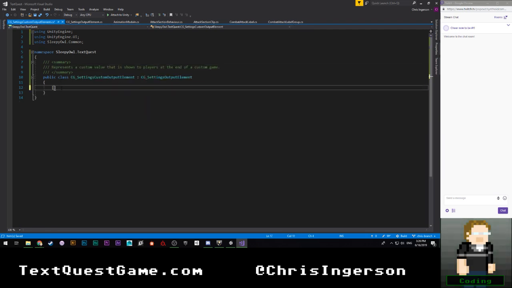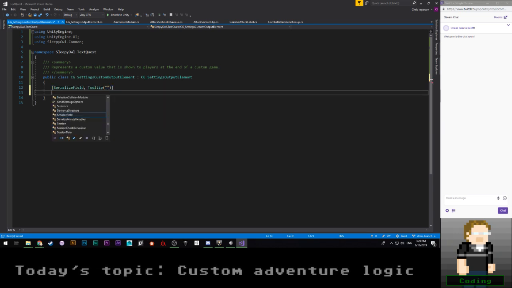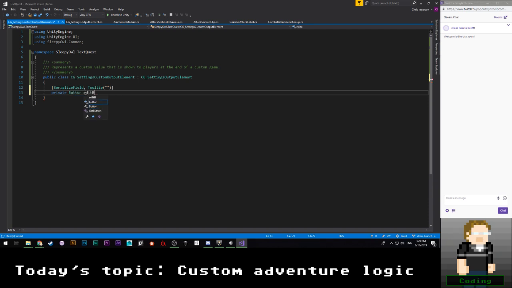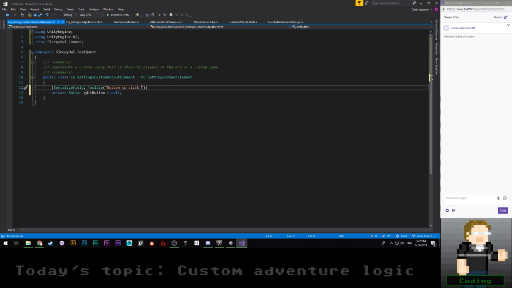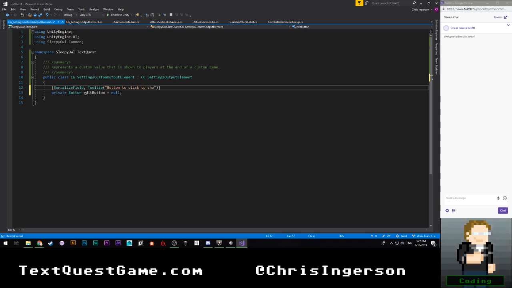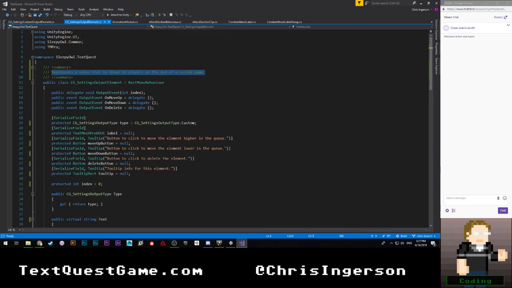All right, so this is going to require a serialized field, tooltip, private button. This is going to be the edit button is equal to null. Button to click to show the logic for this output. Custom logic for this output. And that, I think, is actually all we really need it to do